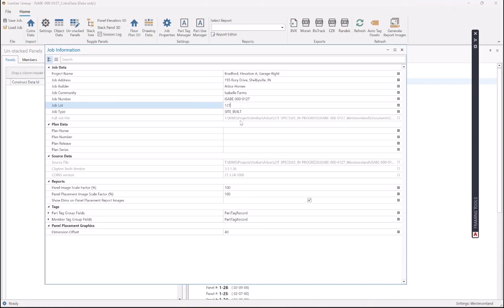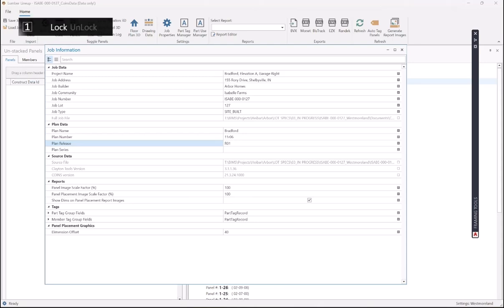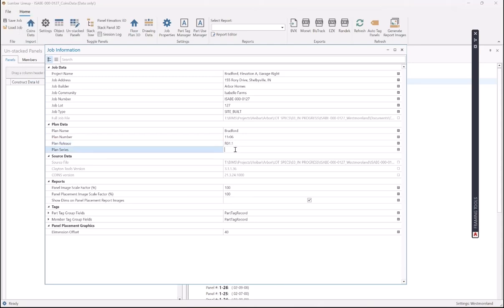Job number, job lot, plan name, Bradford. It's the model ID, the release number. The plan series for the Bradford is Arbor. I'm going to